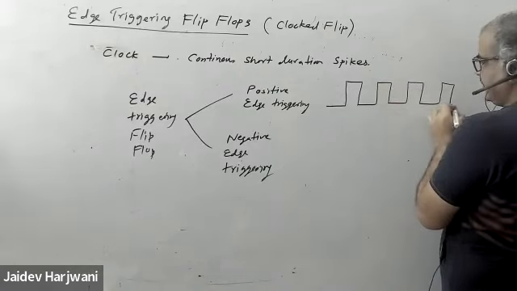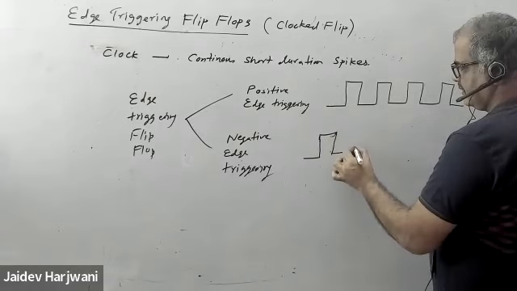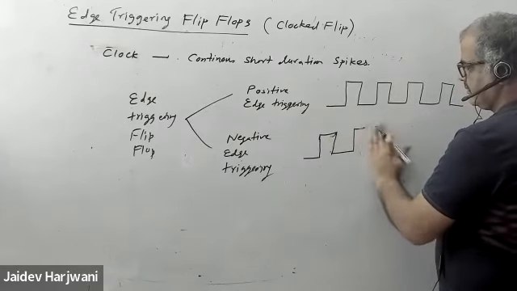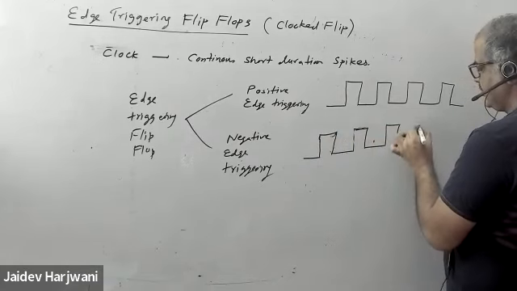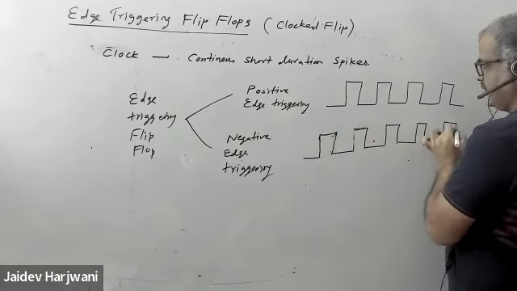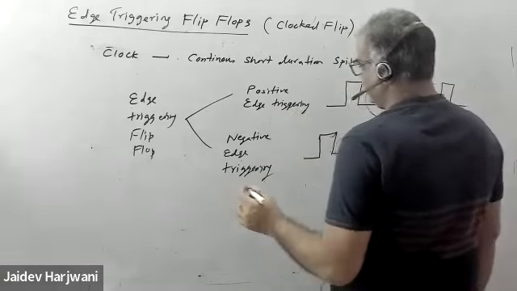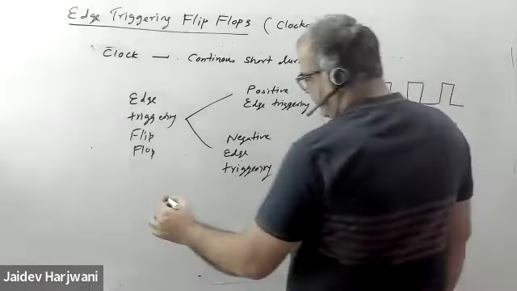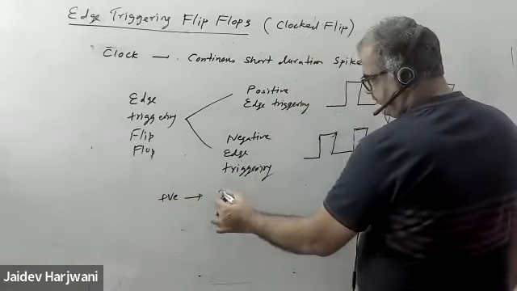Short duration spikes are there. Okay, Sir, so repeat करना definition. बता रहा हूँ. So you have this clock. Okay. So positive edge triggering flip flops, okay, are the flip flops where